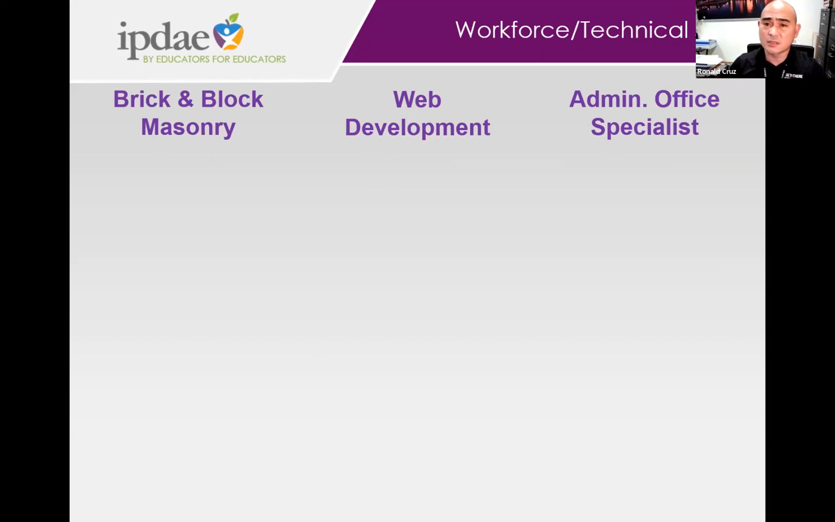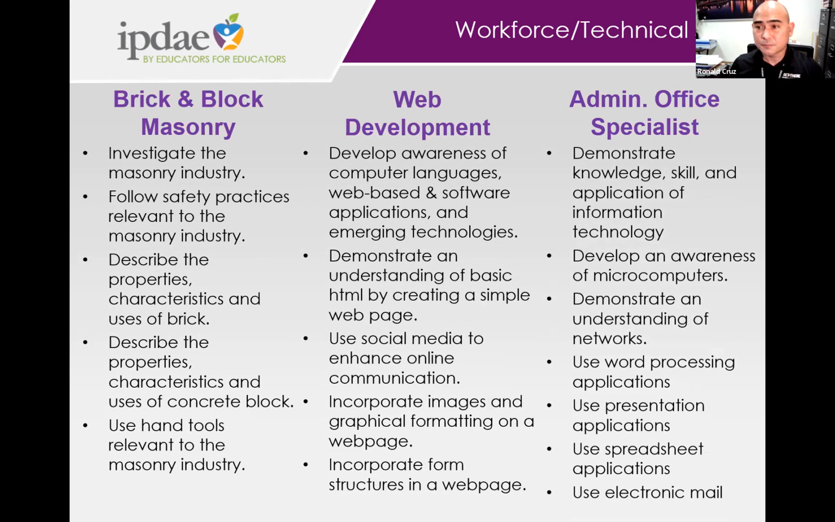So just to give you an idea, let's pick randomly three different occupational training programs here. One is brick and block masonry, another is web design, and administrative office specialist as three of the random choices that I picked. And these are the things that they're learning. So take a moment and read some of these things. Pick the occupation that you think you might gravitate toward, or the subject area that you teach that blends naturally to this particular occupation. Pick that one, and then